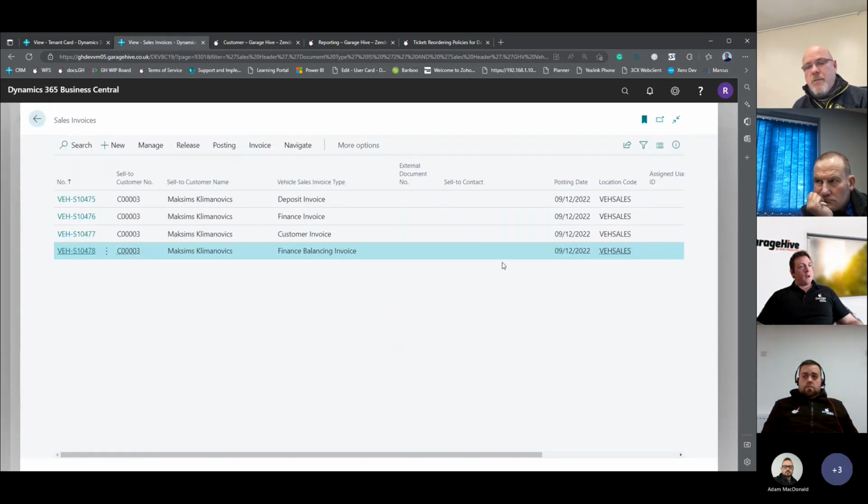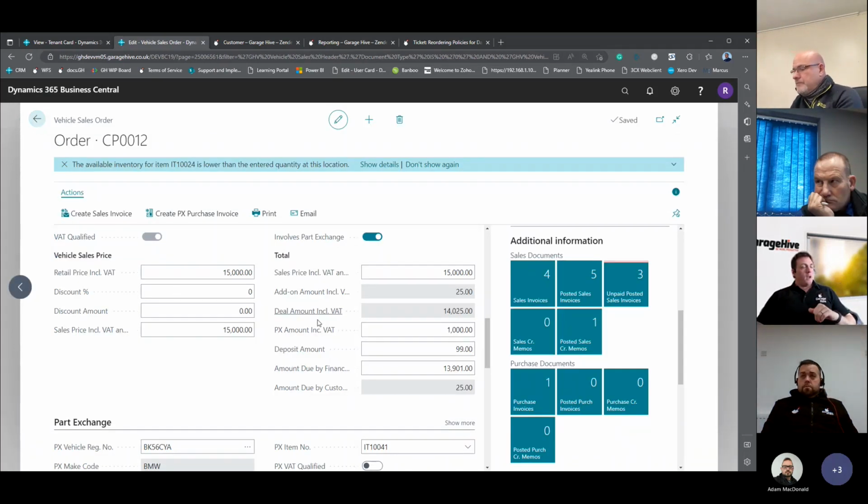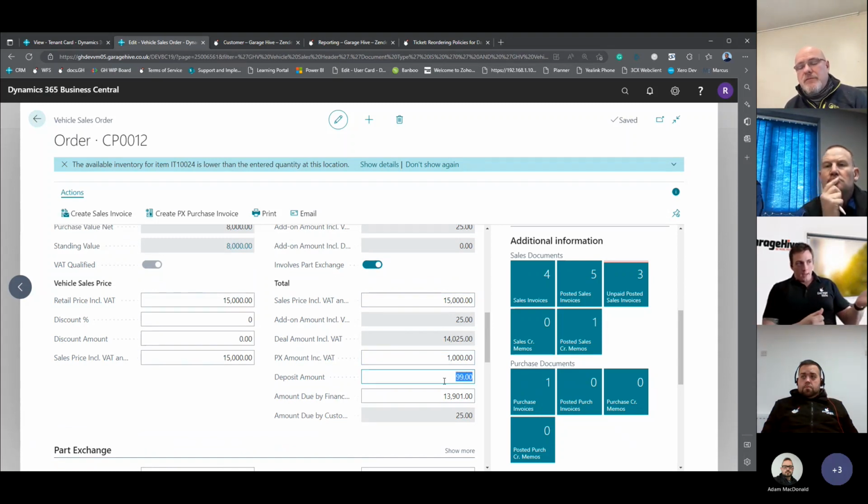Now, a couple of tips. In this example, let's just assume that we want to keep this real simple. A lot of you might be thinking, bloody hell, 4 invoices. Let's keep this real simple. I'll just go back a step. I key this out, this is what I want to happen. I think in this scenario, you wouldn't bother taking the deposit. I'd probably just leave that blank and just take 124 off the customer at the end,